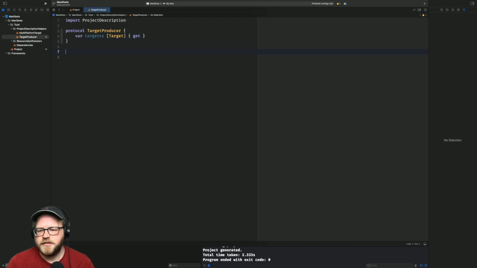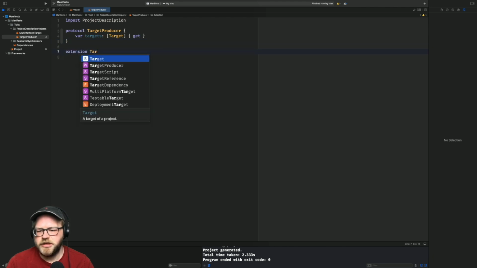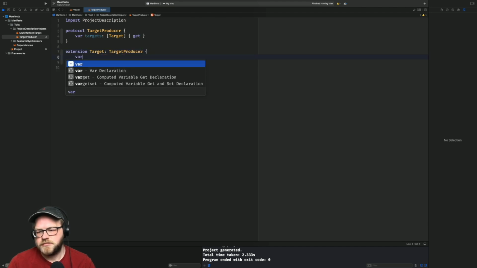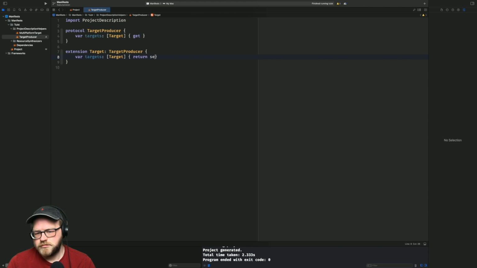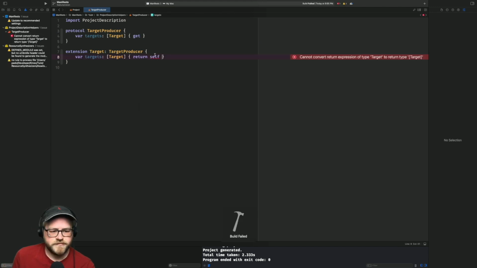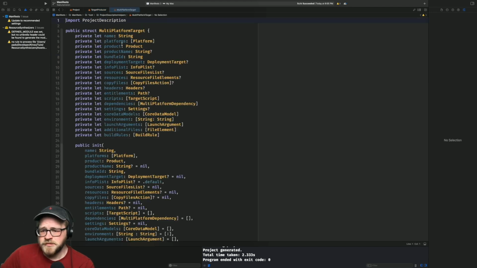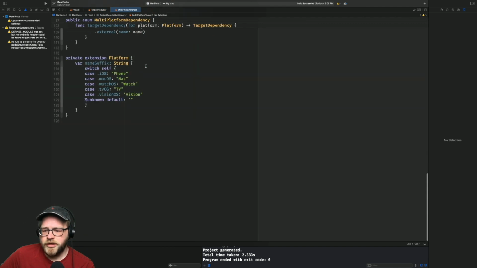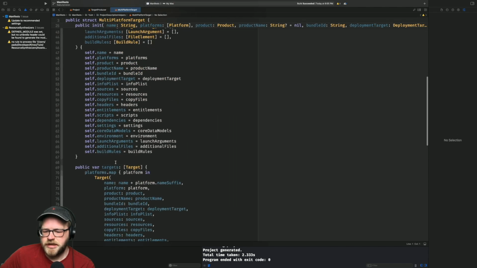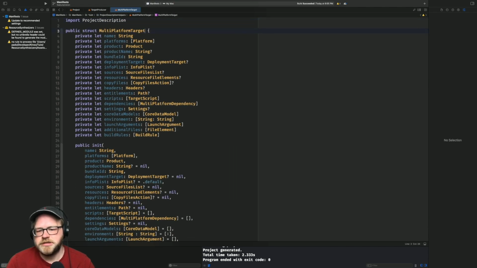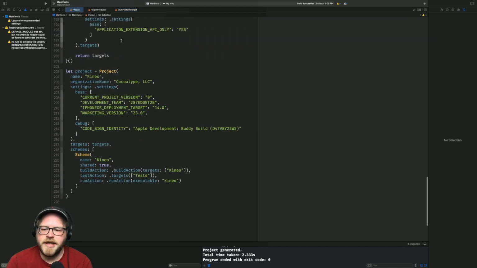So we get that, and then we're going to extend target as a target producer. And all it does is return self. Return an array of self. Okay, and then, sorry, multi-platform target already has a targets. Right here. So all we're going to do here is just conform this to target producer. So now what we can do,